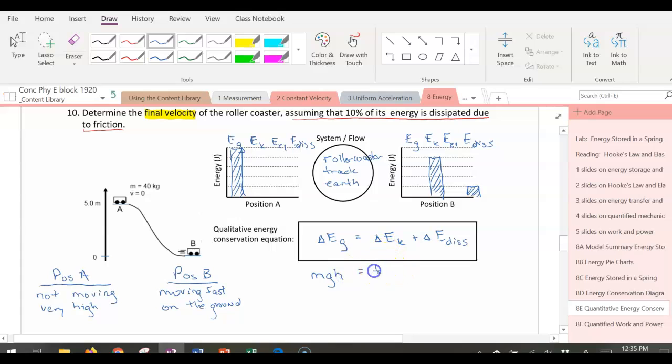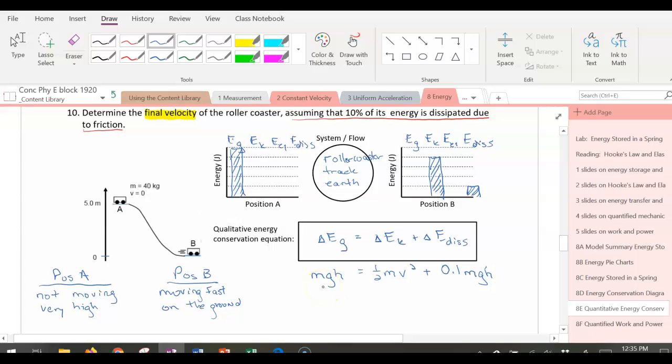Kinetic energy is half of the mass times the velocity squared. The dissipated energy, I do have a formula for that, but here they tell me that it was 10% of its original energy. So 10% is 0.1, or 1/10, of the original energy, which was mgh, right? Okay,